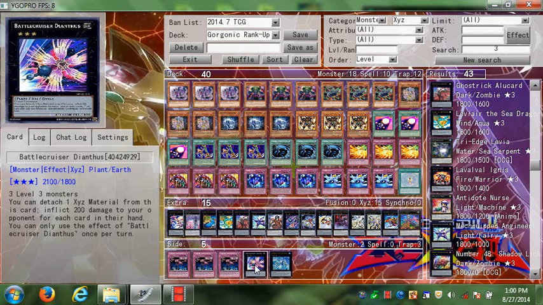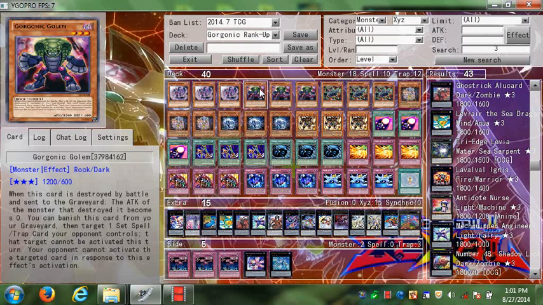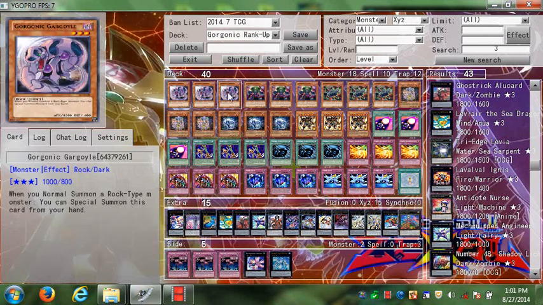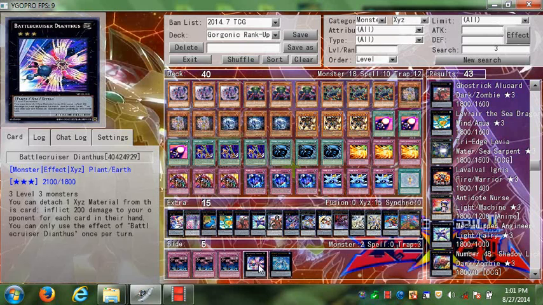And Battle Crusader Deontis, because it has the ability to deal 200 damage to your opponent, so it's kind of like the Gaga Cowboy of rank 3s. It requires 3 level 3s, but with this deck that won't be difficult, because all you have to do is special summon Crystal Bones, normal summon a Gorgonic monster, and have a Gorgonic Gargoyle. A Gorgonic Gargoyle will special summon when you normal summon a rock monster. Now you have 3 overlay,